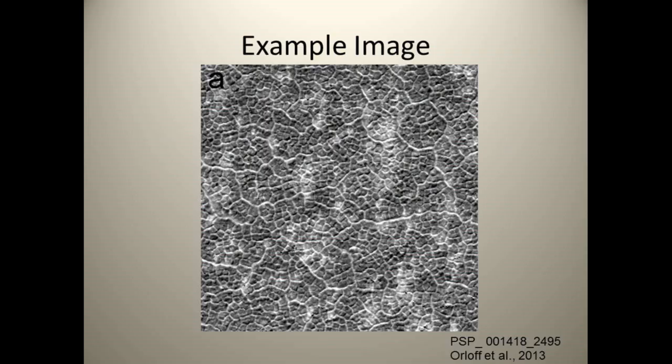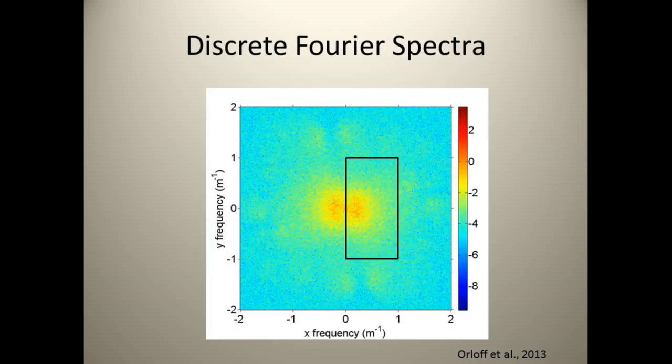And so, for example, I could take this image, and when I break it into its frequency components, I can look at its discrete Fourier spectra here. So one thing is that it always looks like a butterfly shape in these images. I only look at one of the so-called wings because I have symmetry on both sides.